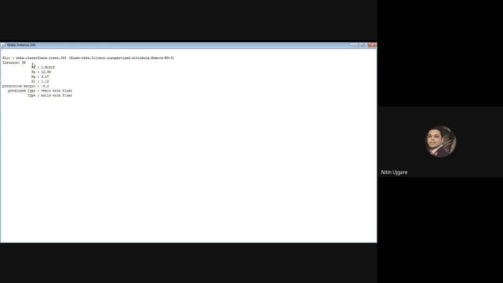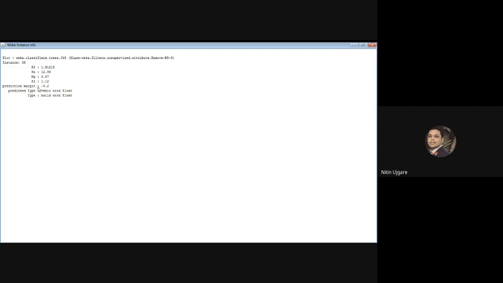When I click on a square, the square symbol indicates that an error has occurred with the instance. When you click on the square symbol, this new window opens, which gives you the details of the error. So instance number 38 is misclassified. These are the attribute values of this instance: AI, MG, NA, and RI.